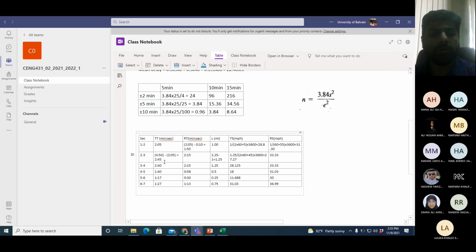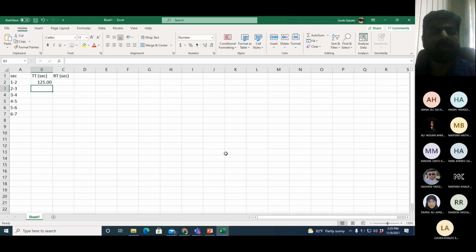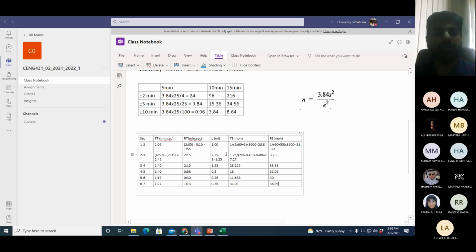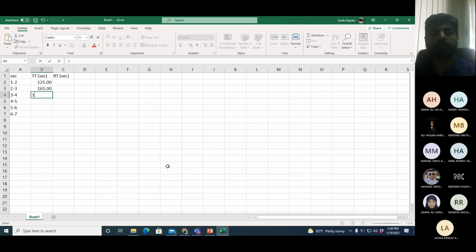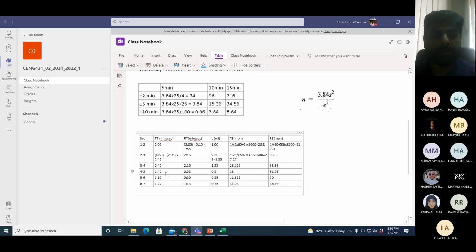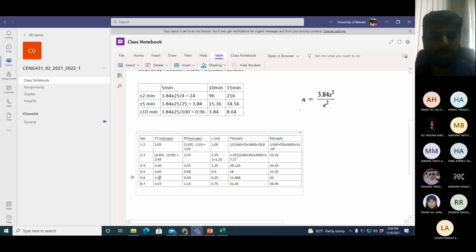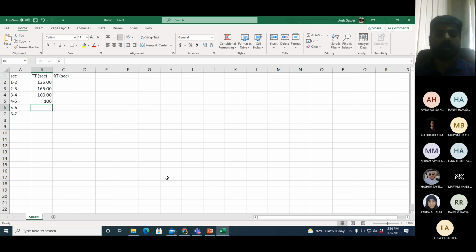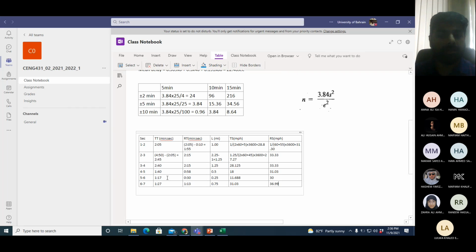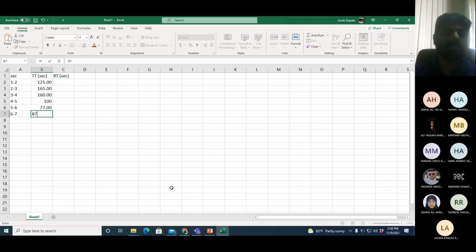Then we have 2 and 45. So 2 minutes means 120 seconds plus 45 is 165. Similarly, 240 means 120 plus 40, which is 160. Then 140 means 60 plus 40, which is 100. Then 60 plus 17, that is 77. And then we have 60 plus 27, which is 87.